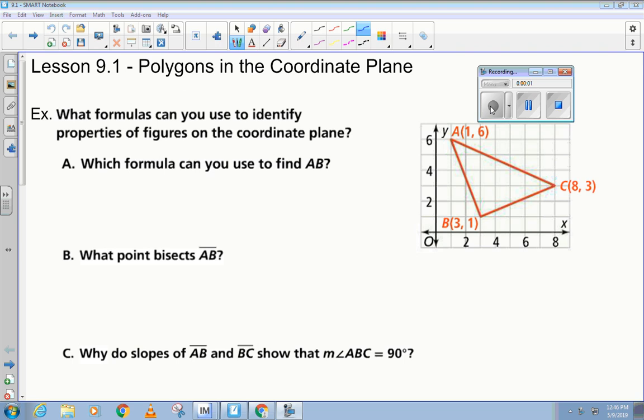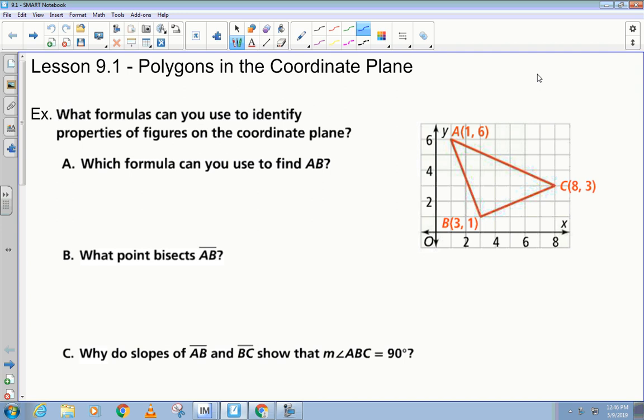Point slope. Alright, point slope is easy. Okay. I don't like